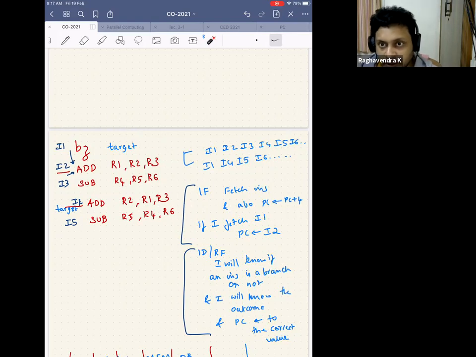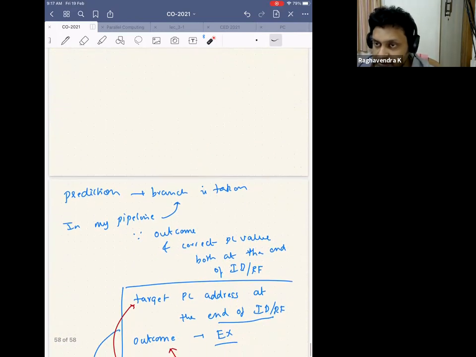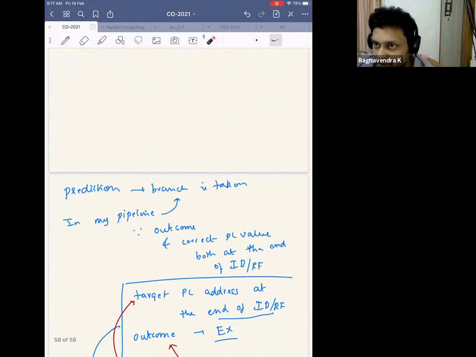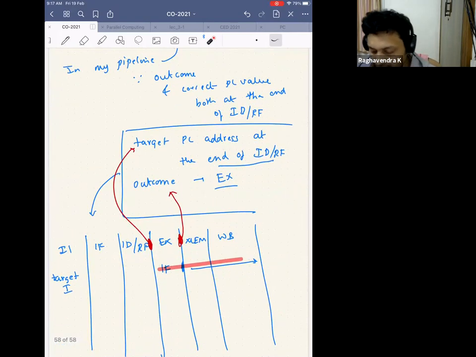So now my question is: you saw that in our pipeline architecture, a branch-taken prediction does not make sense. But let's say we are building such a predictor, or let's say we are building such a crazy pipeline. I can build a predictor which is always taken. I can build a predictor which is always not taken. Can you come up with a different predictor, or do you think there are only two different types of predictors that are possible to build? What do you think? Can you build only two types, or can you build multiple levels, multiple types of predictors?